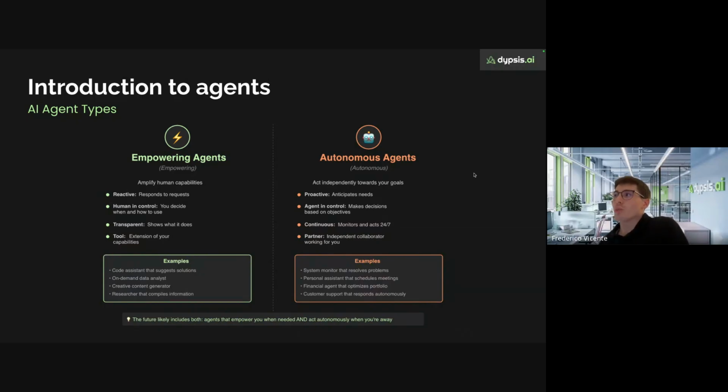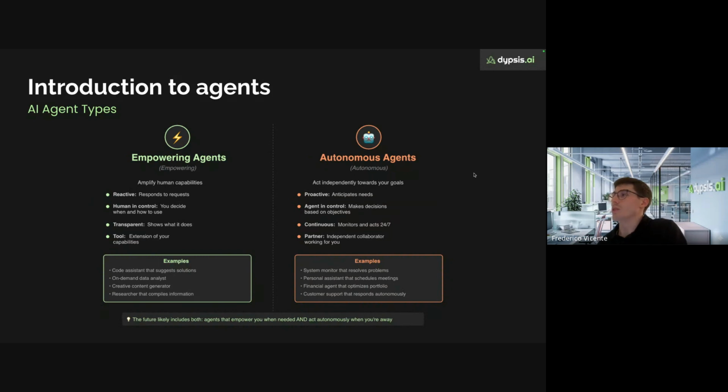When we talk about autonomous agents, it's more like we have an independent system which is already integrated in some kind of process, already taking advantage of some integrations that you have, and it executes by itself when some action triggers it.